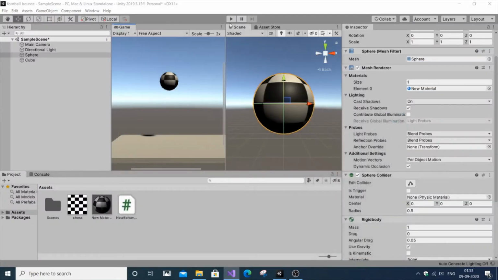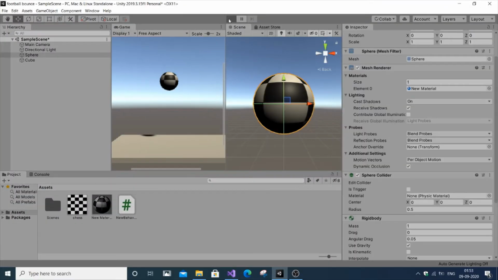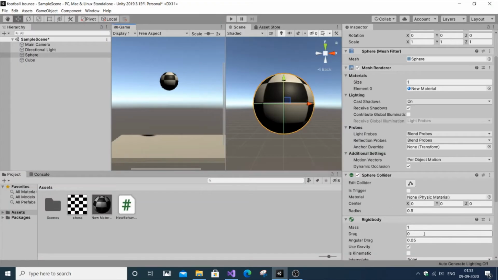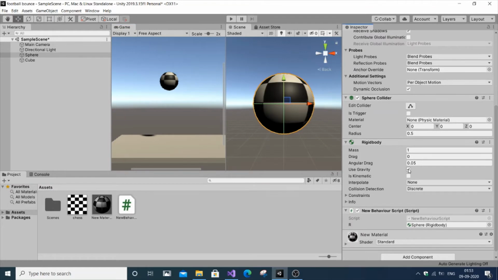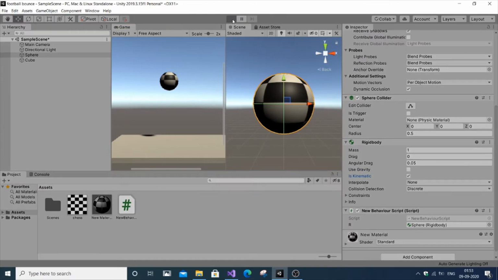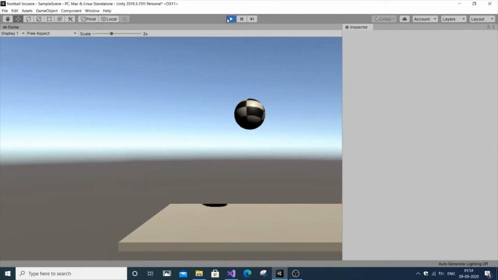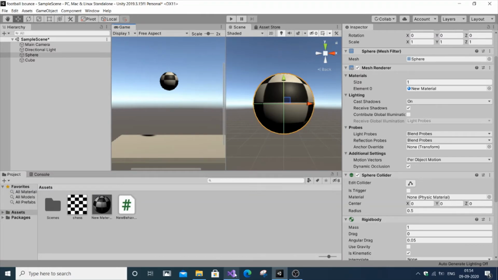Now if I run it, it will rotate, but it will also move. You can see it just moves and is going to fall down, so this is not going to work out. Even if we remove that and put Is Kinematic and run, you can clearly see that the ball is rotating, but the rotation is adding some movement to it.